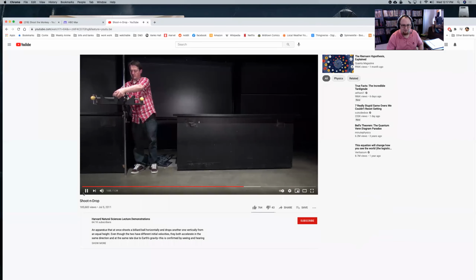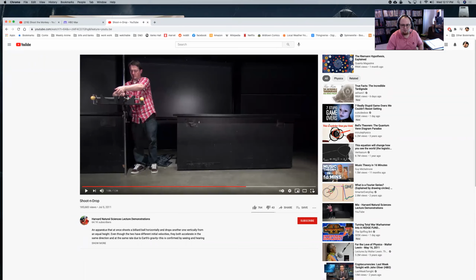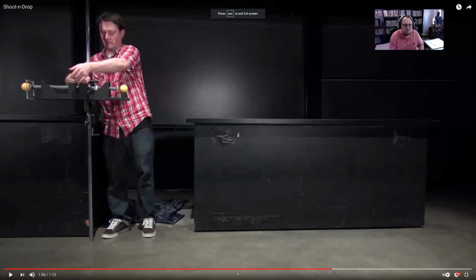And so what we have here, I'm going to pause before this goes, is two balls, one of which is on this little piece. This metal rod is going to move quickly to the right. When this metal rod moves to the right, the left ball is going to be dropped straight down. The metal rod is going to hit the right ball, and the right ball is going to be pushed to the right. Both of them have no initial velocity in y. One is just being dropped. One is just being shoved straight to the side. And what's going to happen is that even though one has a horizontal component,